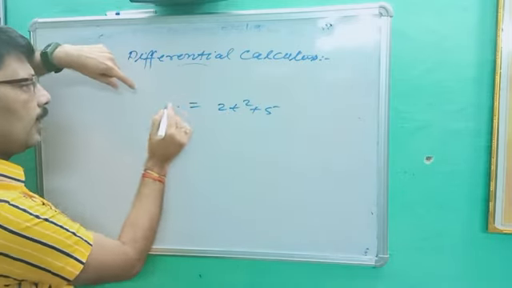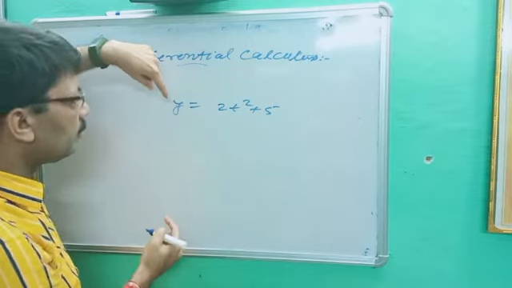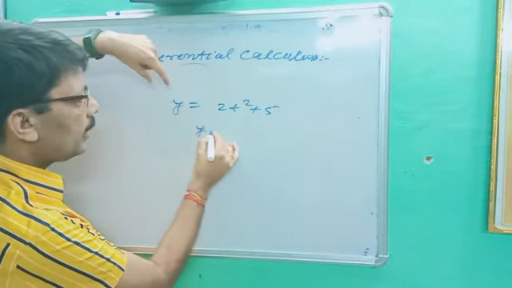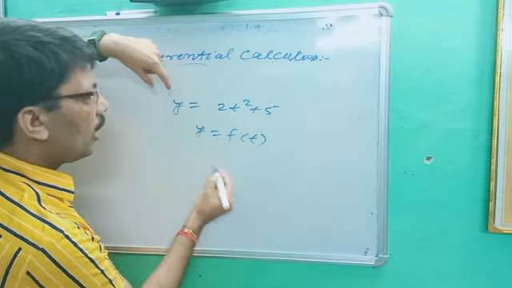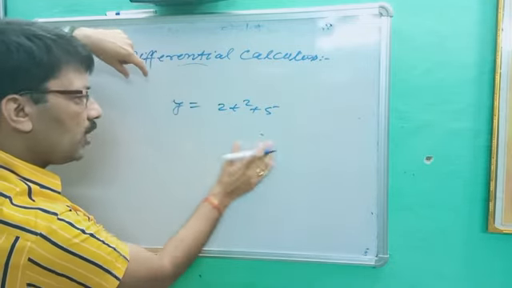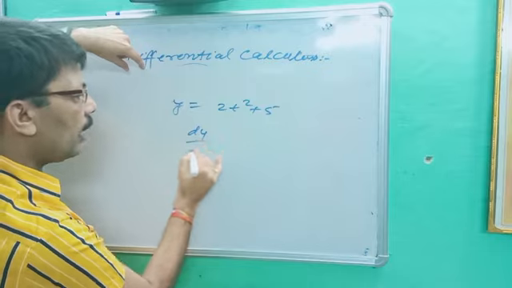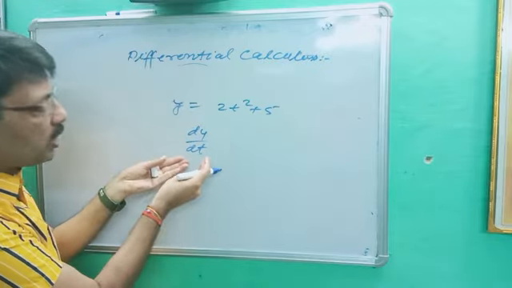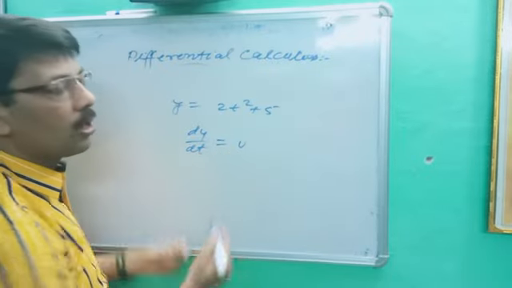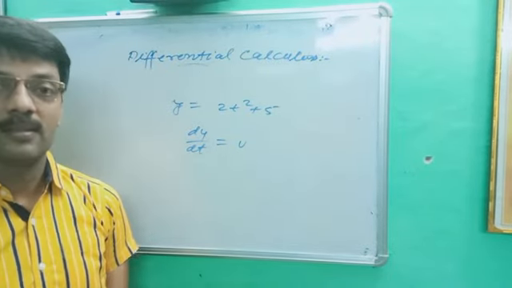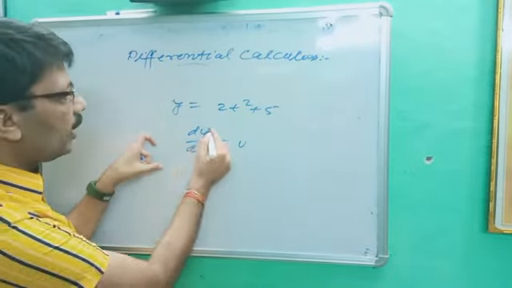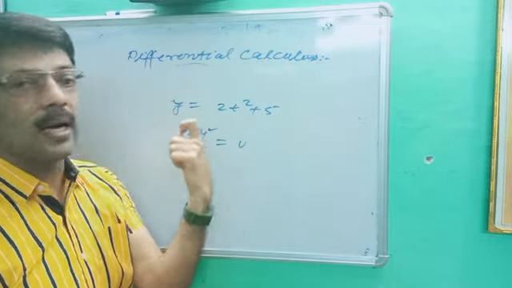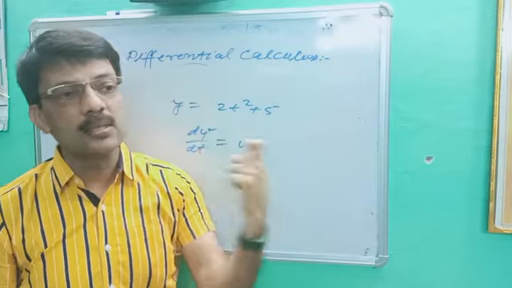Or y is written as y is equal to 2t square plus 5. It means y is written in the form of t. It means y is a function of t, and if you differentiate it, you will get dy upon dt. You better know dy upon dt, the rate of change in displacement, is called velocity. Very important point. Displacement or distance upon time is called velocity. So in 9th class you directly got the answer: displacement or distance upon time.